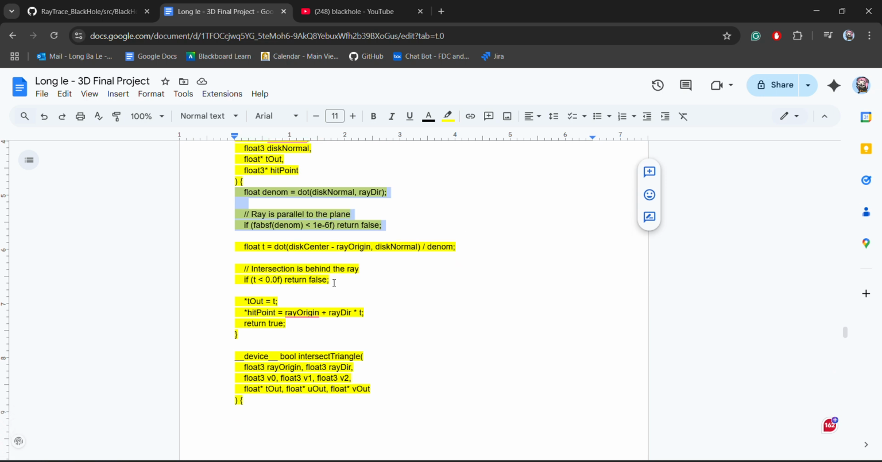Here, if the absolute value of the denom is very small, or below the threshold, the ray is nearly parallel to the display, so no meaningful intersection exists, and the function returns false. It would then compute